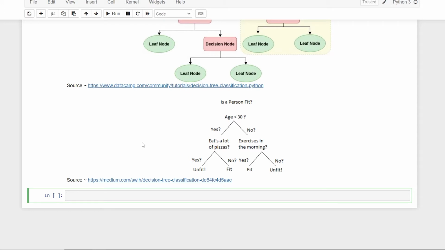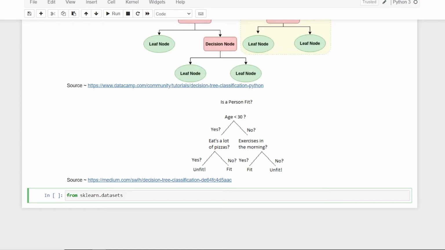Now let us directly start with the coding. There is not much more to explain. There are a lot of things that are going to come in the near future, but not at the moment. So let us start. First of all, I'll start with a data set. We have a lot of data sets, but let us consider a simple one, just like iris, which has, let's say, 4 features.